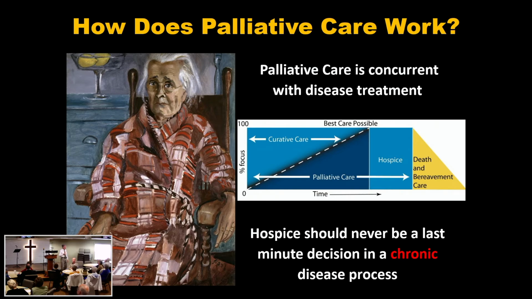And when you look at this model, and people have done these studies, you say, okay, here's a group that gets treatment and palliative care. Here's another group that gets treatment and no palliative care. Same treatment. The people who get the treatment and palliative care actually live a few months longer. That's but a few months. But most significantly, the patients are less stressed, the families are less stressed, and their grief is less. It's a good model.